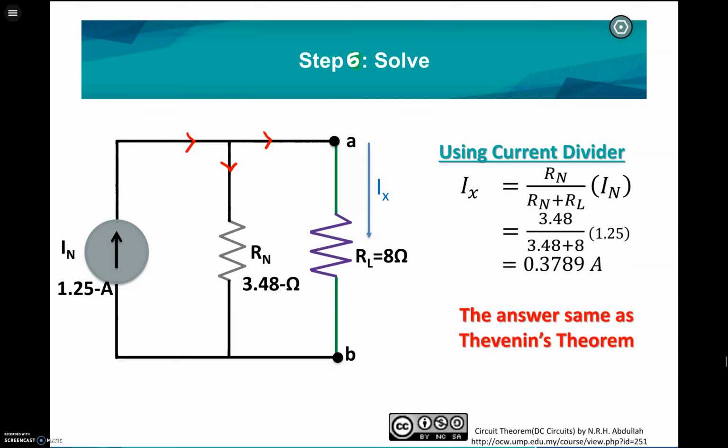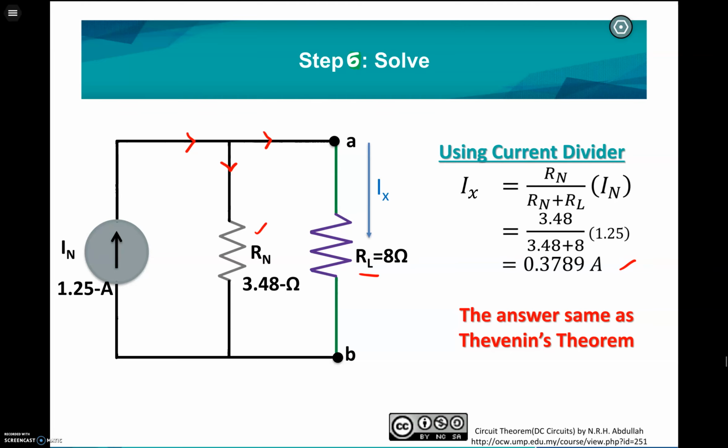This is the equation. Make sure that you remember the formula: if you want to know the I that flows through the RL, you have to use the other resistor that is in parallel with the RL. Therefore, Ix is equal to RN over RN plus RL times IN, and then you can get this answer,